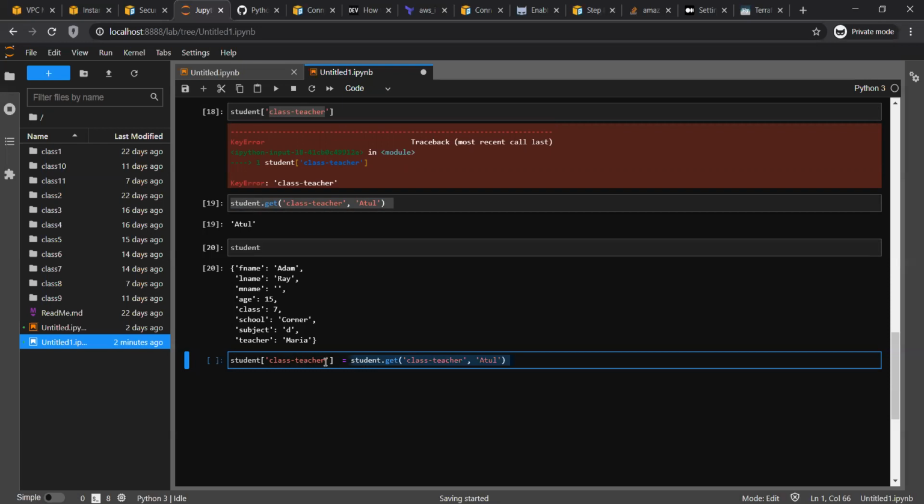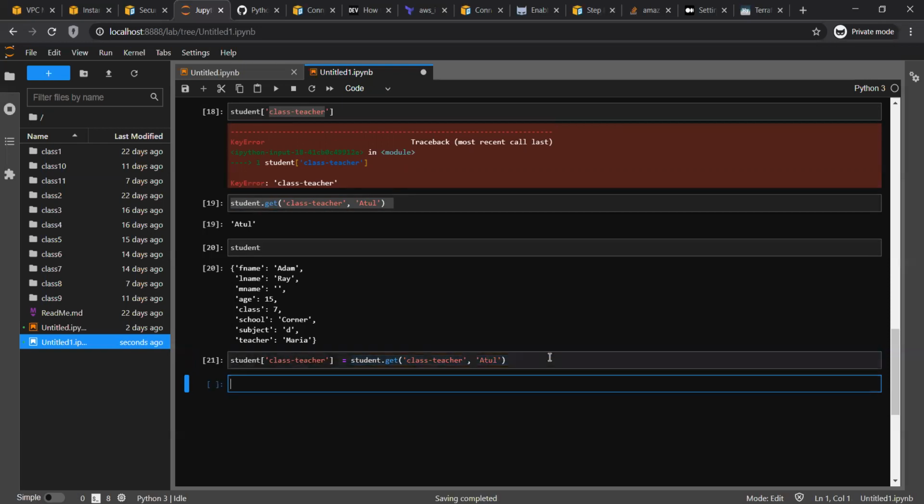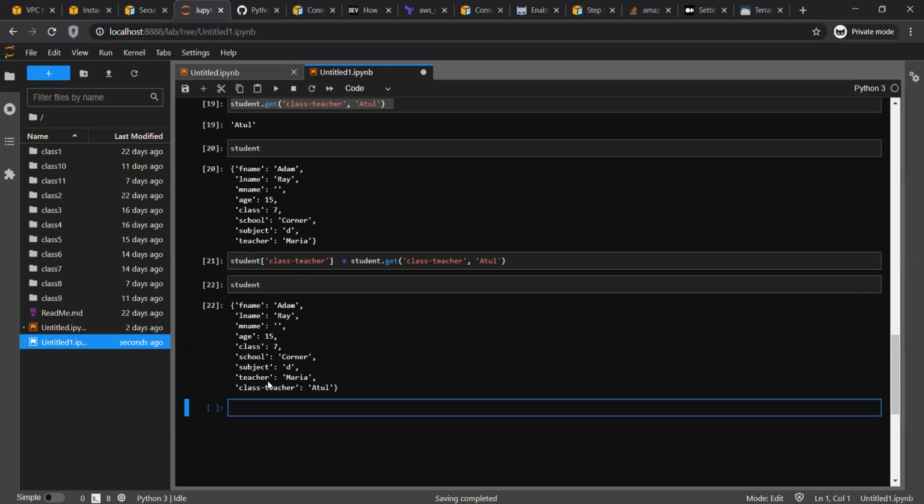That's the same value you are assigning again, so the value will not change. But if this key doesn't exist, then return me Atul. So the right hand side value will be Atul, and that will be the assignment. Let me run it. And if I now type student, you see class teacher as Atul.